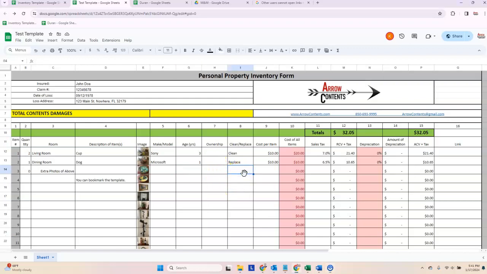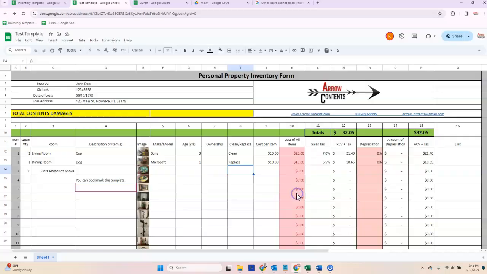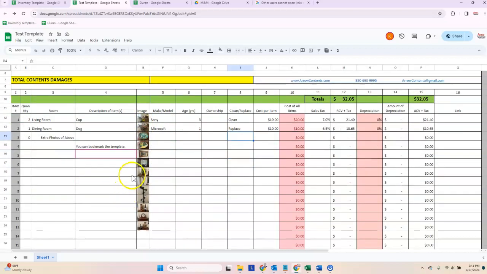Hi, I just want to show you what I'm doing here. This is my form in Sheets. Okay, I have the permissions for the sheet. Anyone with a link is an editor. Done, so that's good. Now, I had to go to each one of these photos, and you'll see here's one